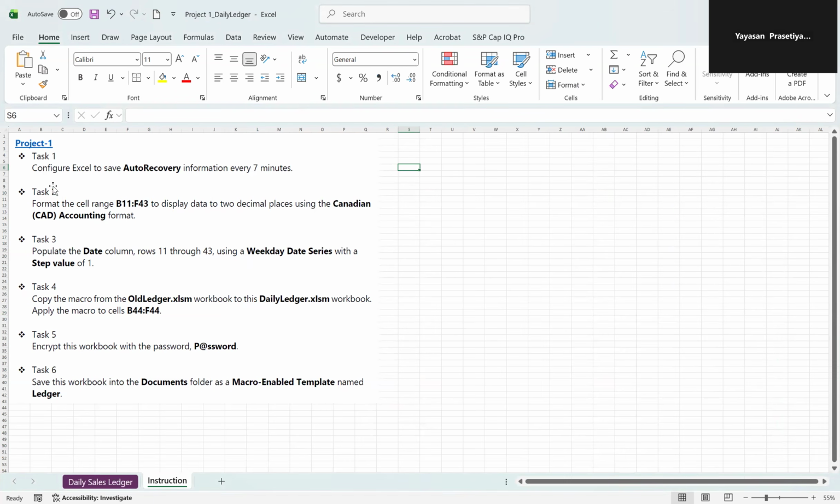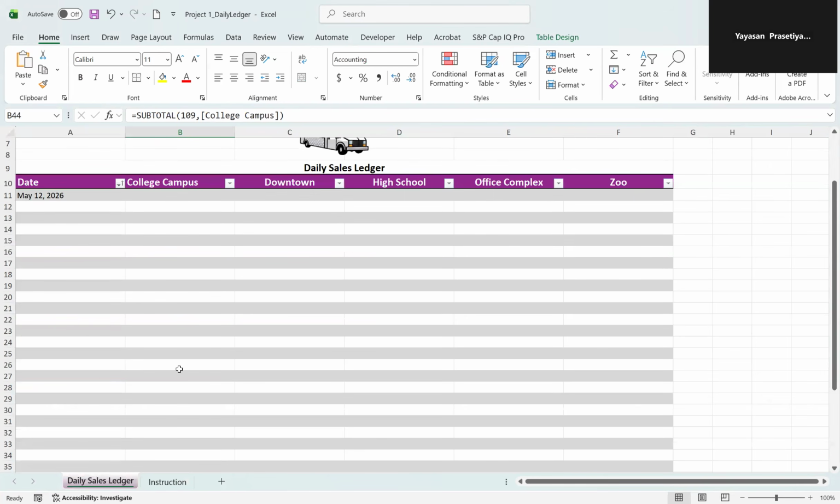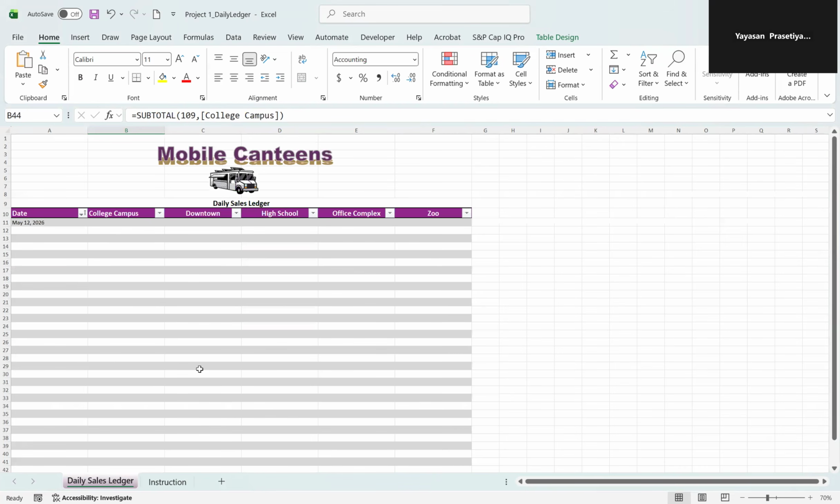Task number two is to format the cell range B11 to F43 to display data to two decimal places using Canadian accounting format. So let's jump to B11 to F43.